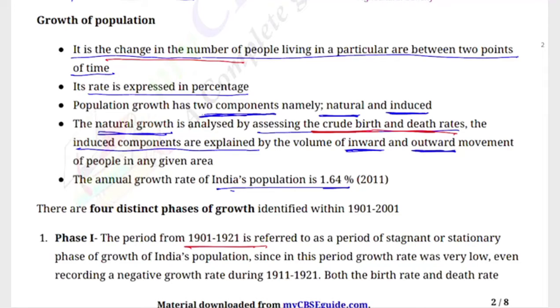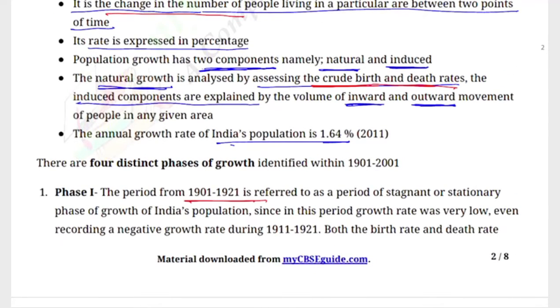ज़्यादा, अगर आउटवर्ड मूवमेंट है तो कम होगा और इनवर्ड मूवमेंट है तो ज़्यादा होगा। इसका एग्जांपल लेते हैं हम रूरल पॉपुलेशन एंड अर्बन पॉपुलेशन। अभी एक ट्रेंड है कि लोग रूरल एरियाज से अर्बन एरियाज की तरफ मूवमेंट कर रहे हैं या उनका माइग्रेशन हो रहा है। तो उसमें रूरल पॉपुलेशन डिक्रीजिंग और अर्बन पॉपुलेशन इंक्रीजिंग है। तो अगर हम एक विलेज और एक सिटी के इंड्यूस्ड ग्रोथ, इंड्यूस्ड कंपोनेंट्स की बात करें, तो सिटीज का पॉपुलेशन प्लस में होगा